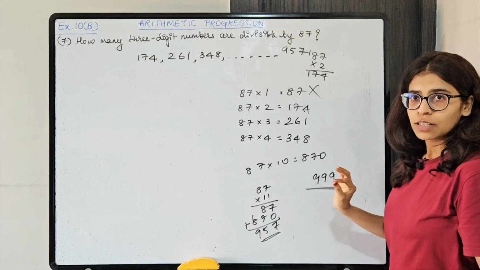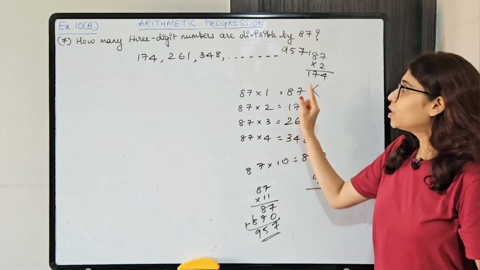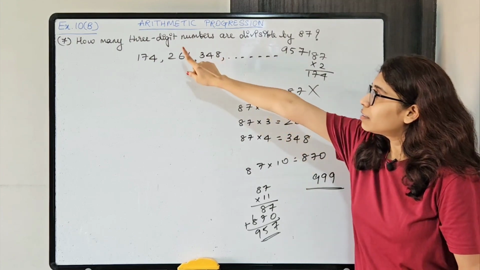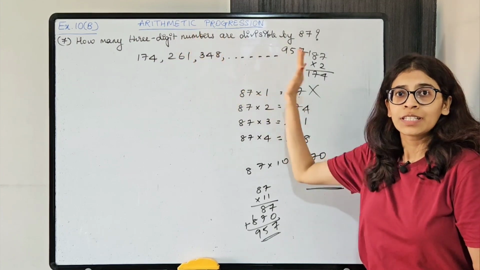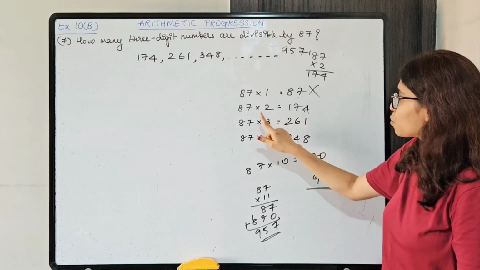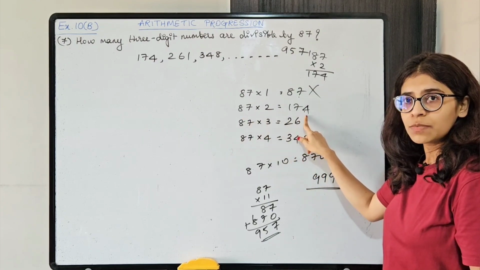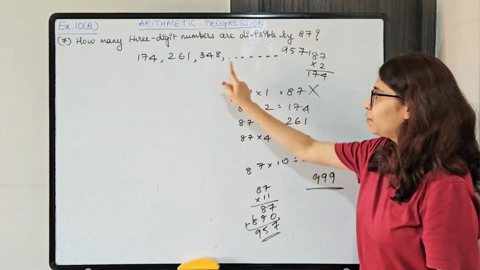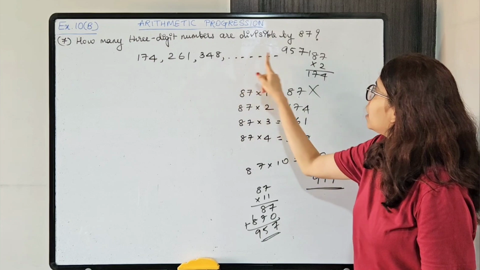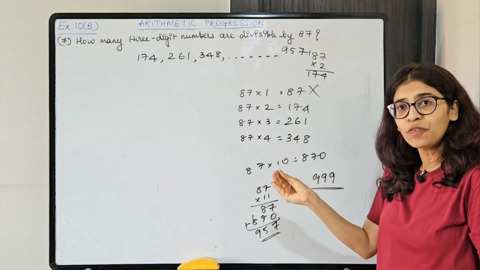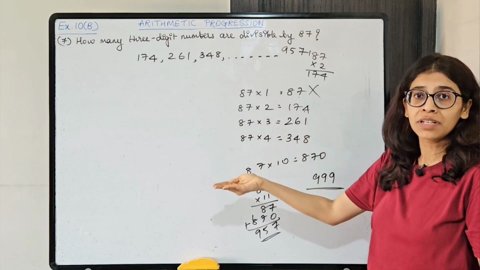All right, so first thing, you will consider the table of the number. From the table, you have to consider according to whether it is a 3-digit or 2-digit number, and according to that you will consider the terms. So first number divisible by 87 is 174, then 261, and then 348. Okay, last is 957. Now we need to find out how many 3-digit numbers are there.